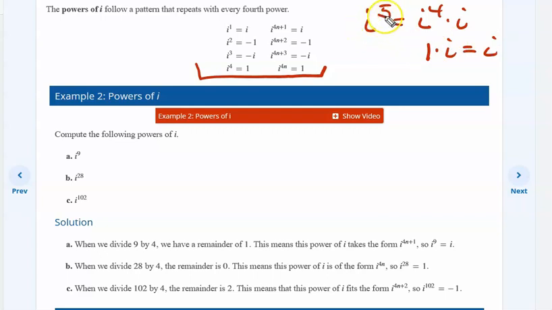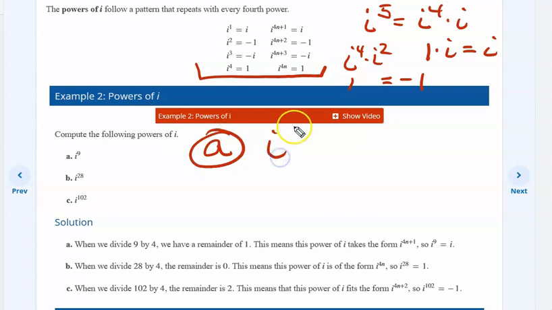So then i to the sixth is i to the fourth times i to the second. i to the fourth is 1. i to the second is negative 1. So this is negative 1. And that pattern continues. So the key for doing any of these, as we look at this first one, A,